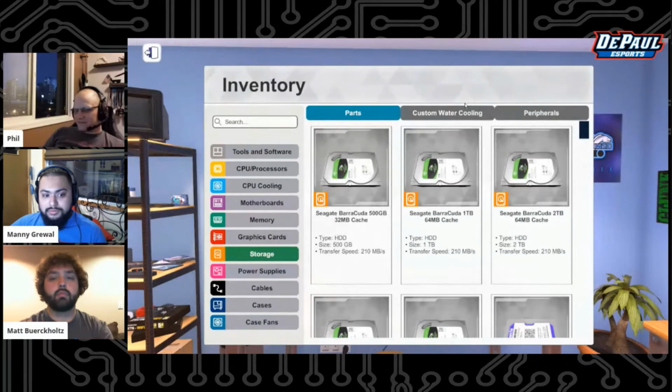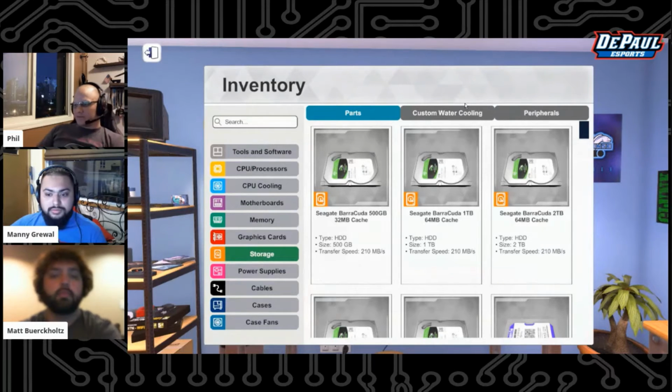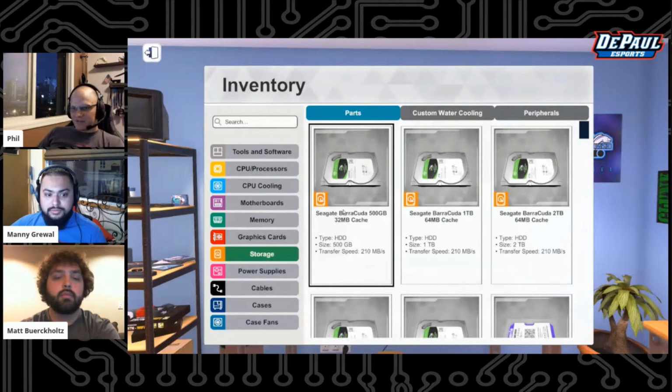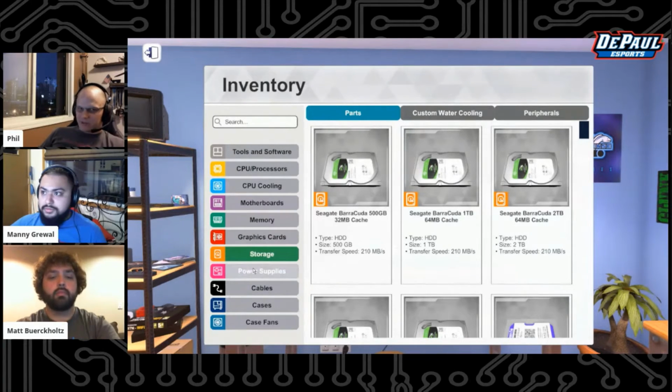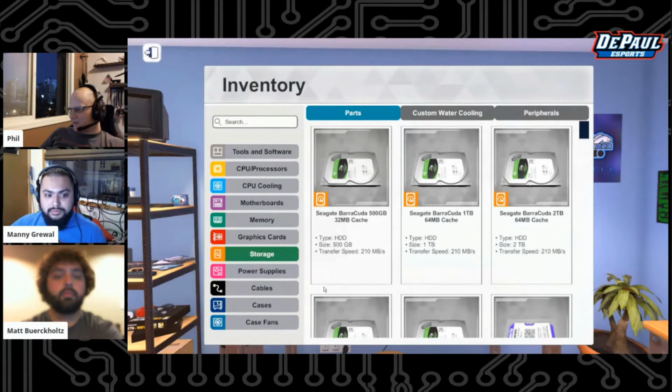Yeah. Basically, it's a very simple trade-off: speed for capacity. So solid states are, if you take two things of the same price, a hard drive and a solid state drive, the solid state drive is going to be much faster but not have as much capacity. The spinning disk hard drive will have a lot more capacity but will be much slower. So, as Manny said, you typically save that for data storage, music, movies, documents, that sort of thing, and then put your games and your operating system on the solid-state